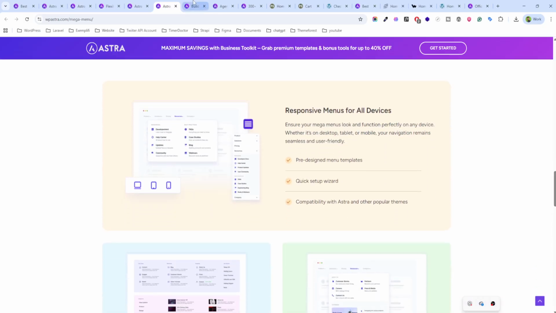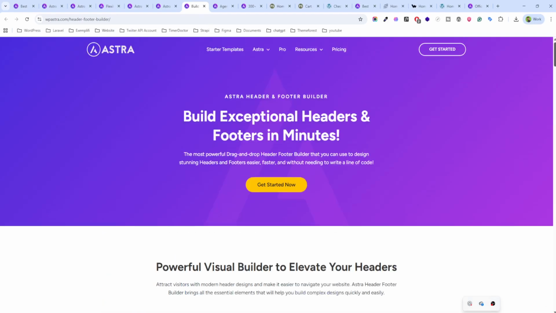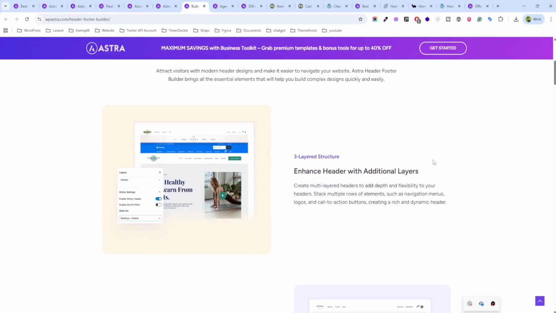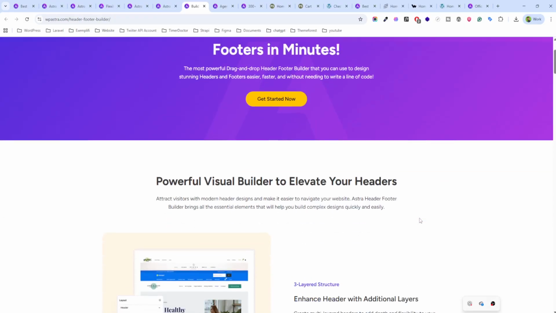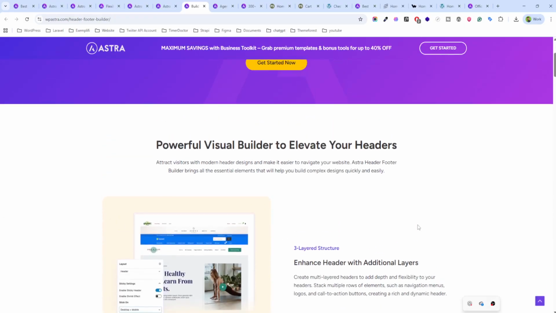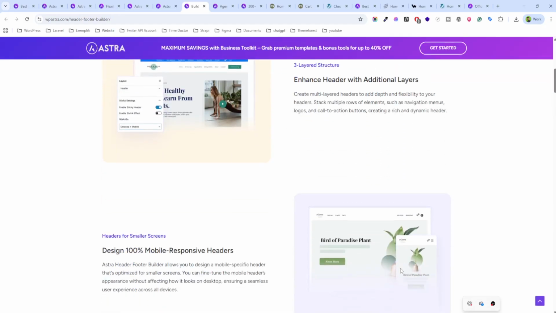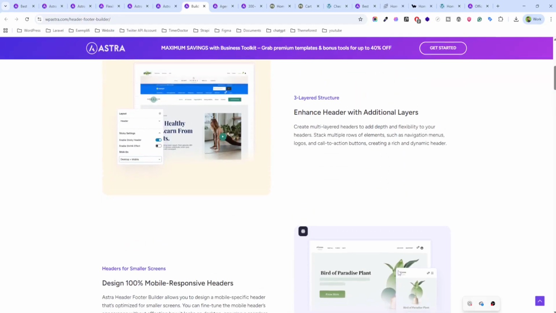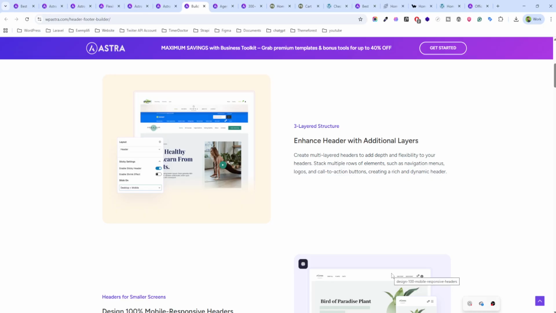So next part, headers and footers. What are the header and footer features of Astra? Astra's header and footer builder is one of its very strong features. You can create multiple header and footer layouts, transparent, sticky, mobile views and more. Add logos, menus, buttons, a search bar and social icons.